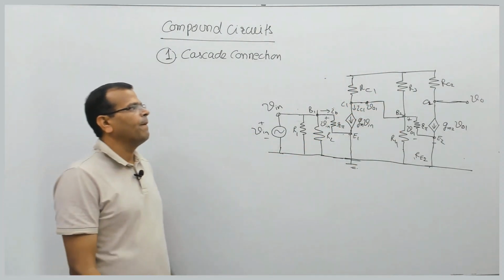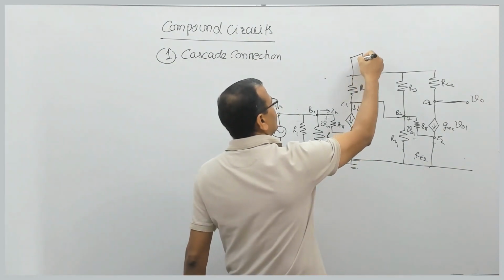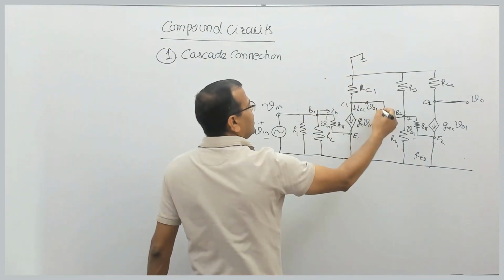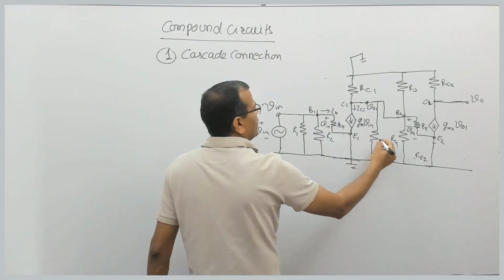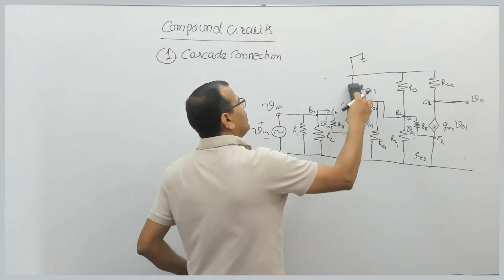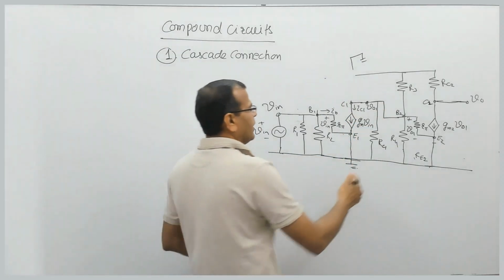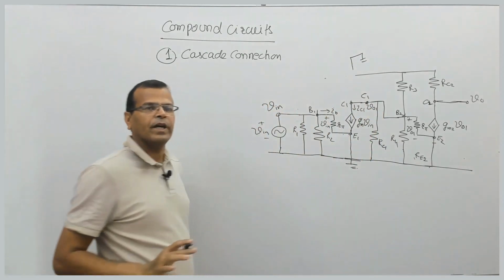Clear? Fine. This is also going to ground, because this was at ground. So instead of taking it to that side, I can connect this resistance here, that is RC1. So I will remove it from here, because I am taking one ground here. That terminal will remain C1, of course.